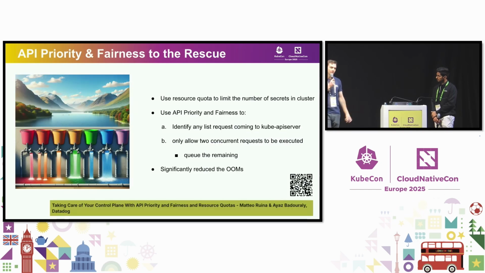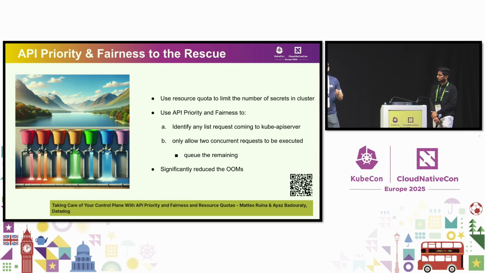Okay, so what was our solution? How did we deal with this? Well, we used API priority and fairness to help us. API priority and fairness, if you don't know much about it at a high level, it's this idea that specific REST calls made to the API server can be given certain levels of priority. So think of the API server as a shared resource. We want to make sure that your patch requests, your put requests, your list requests can all get there, and they'll have a fair shot of reaching the API server to process those things.